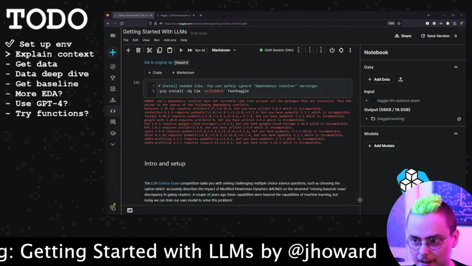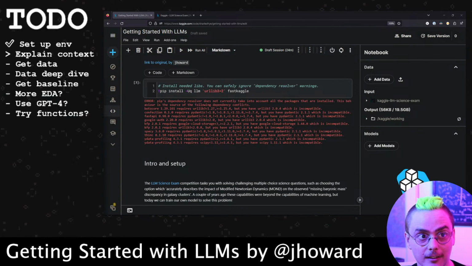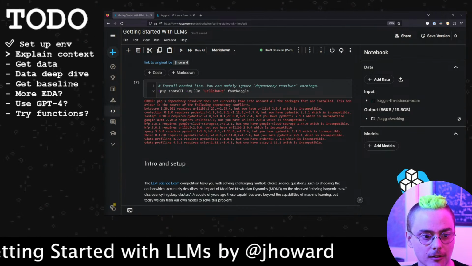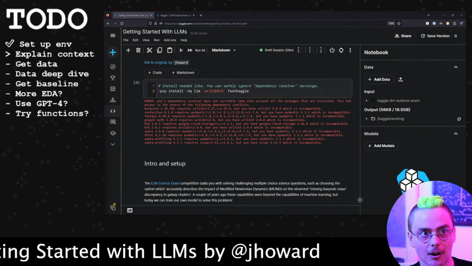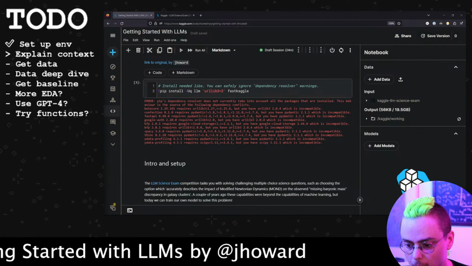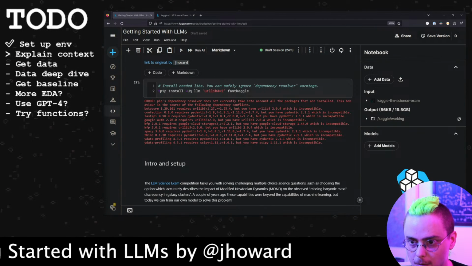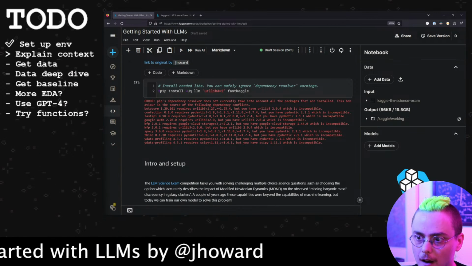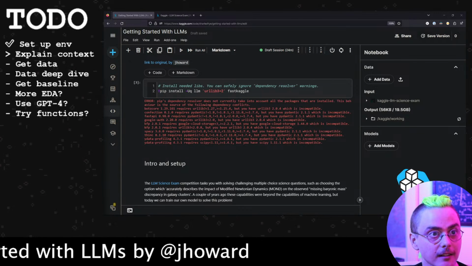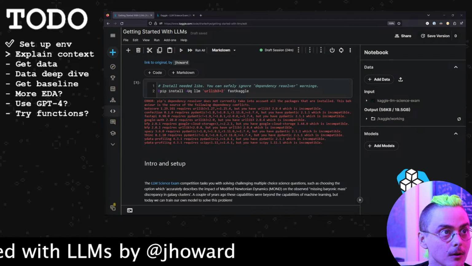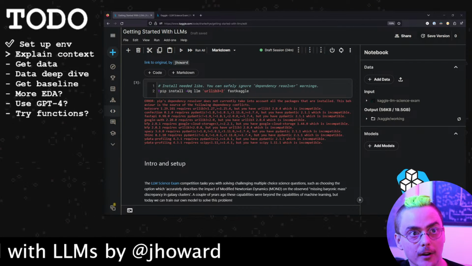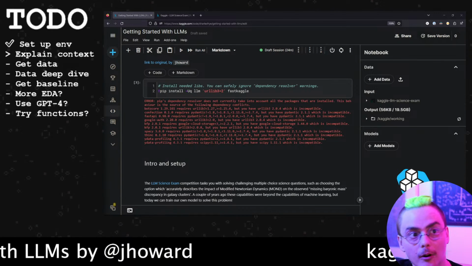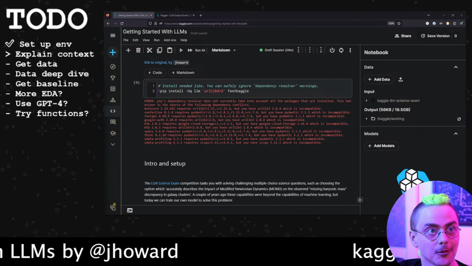apply language modeling. So there's a focus on exploratory data analysis, which we'll spend some time on, understanding this data and what the task is that you're trying to resolve. We'll focus on that for a while, and then once we get towards the end, we can try out a couple of different things. I had some ideas about more ways that we could do exploratory data analysis. We could try switching the model to GPT-4 to see if we get improved performance, or we could try the OpenAI function API. So time permitting, we'll try out some of those ideas.